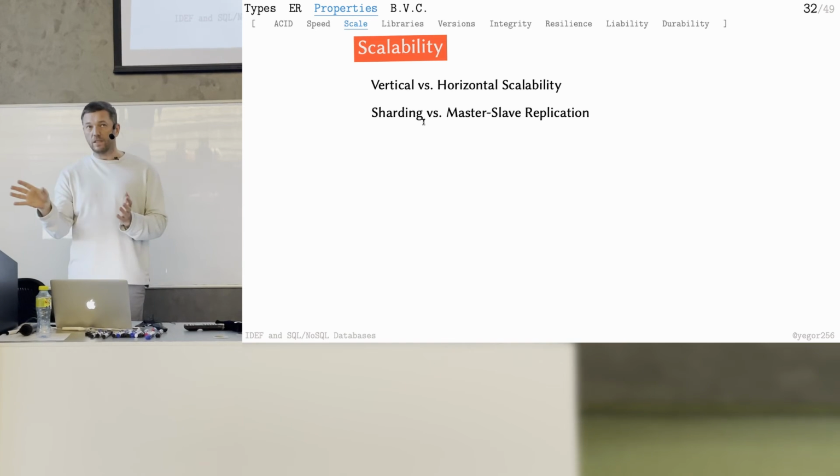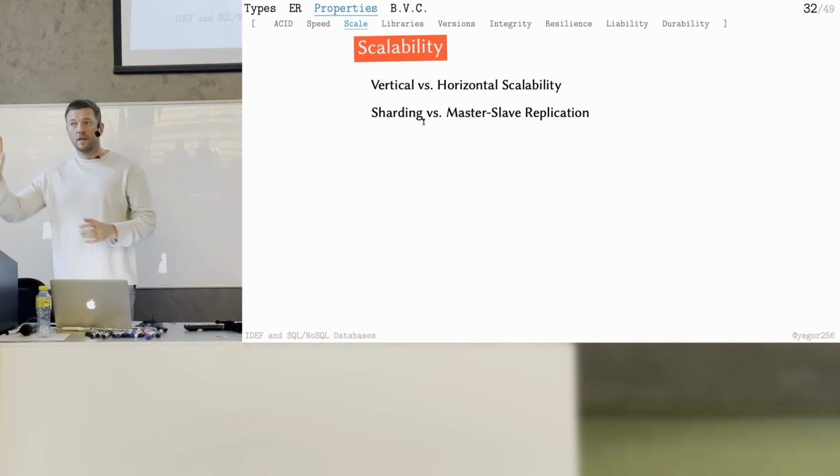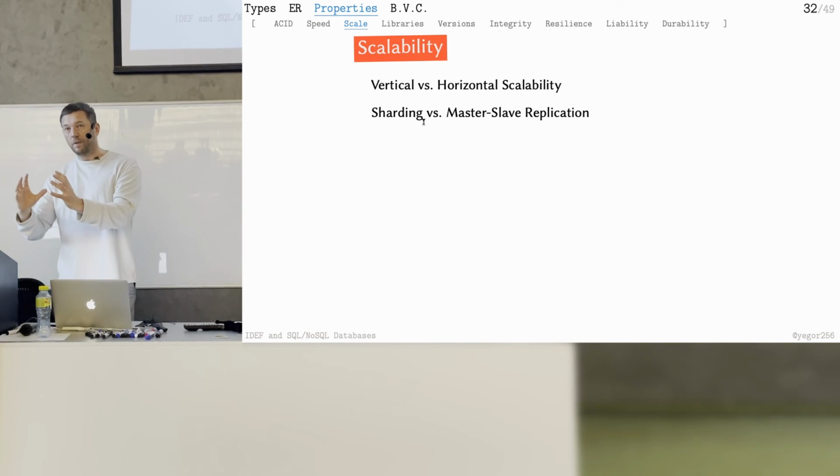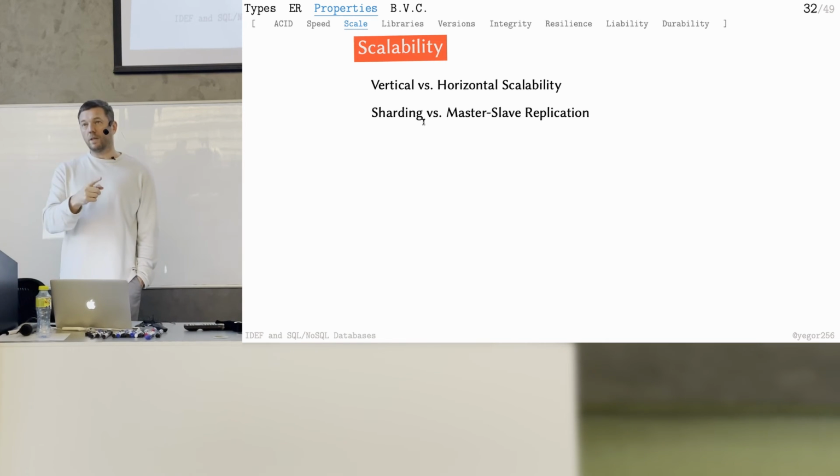Like in all the previous examples I gave you with master-slave, the master has everything, the full database. Another master has the full database. Slaves, they have the full database, everything. In case of sharding, we have one server, it has 50% of the data. Another place has another 50% of the data. When you need the data, you need to decide which place to go. And usually there are routers somewhere in front of these shards, which decide which shard to redirect you to. That's another way of scaling horizontally.